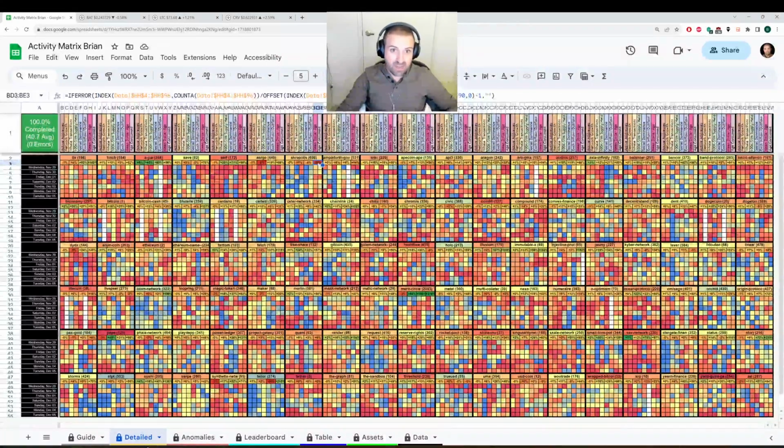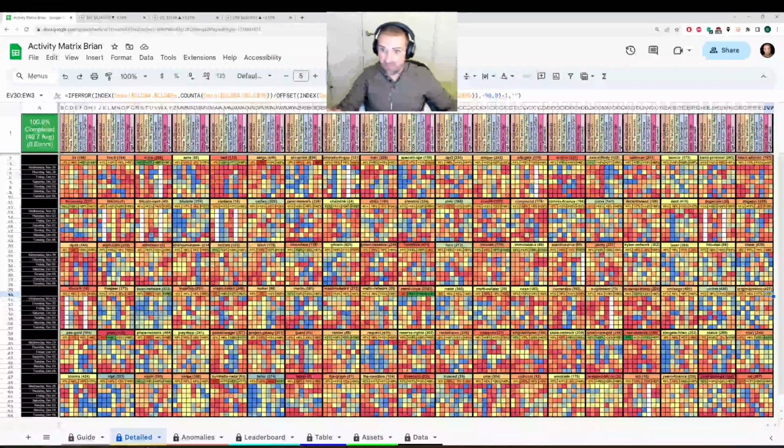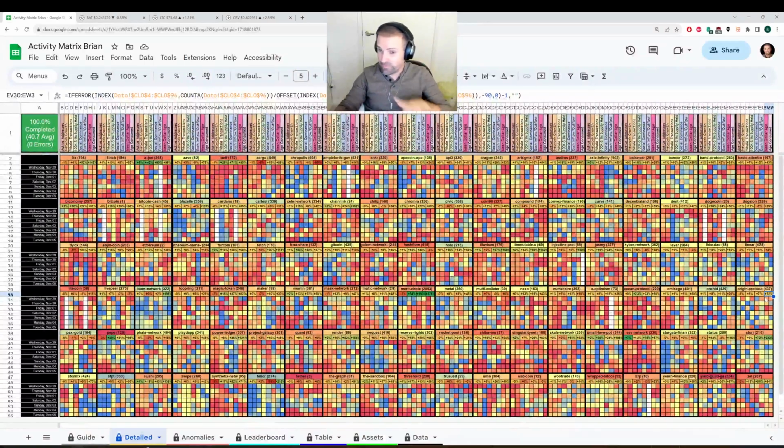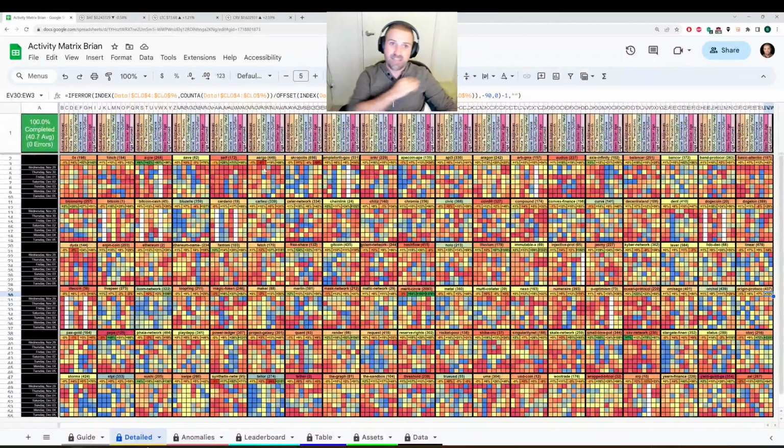Minus 55% return in the last 90 days is obviously very bad compared to the past 3 months of most assets, which have been on mostly quite a tear. For example, look at Origin, which looks pretty yellow to me, meaning it's kind of a mediocre performance. But it's yellow, meaning that's kind of just a middle performing 90-day return compared to the average market cap. That's how much prices have really gone up over the last 90 days. So the color code is a good way to look at it and understand just how well the asset has